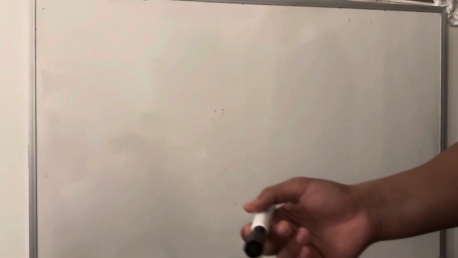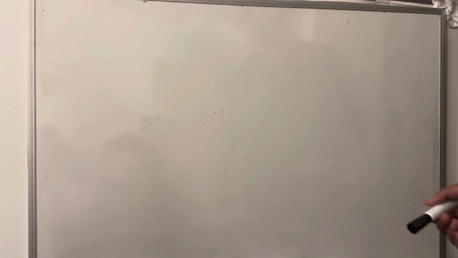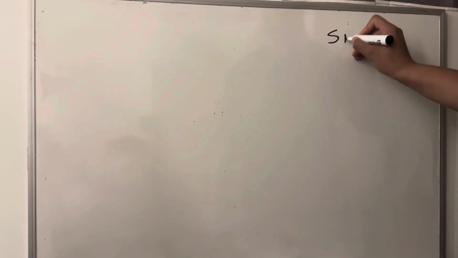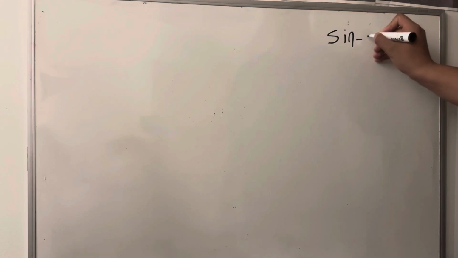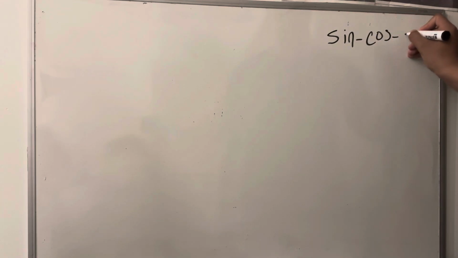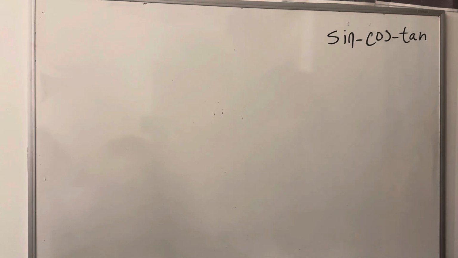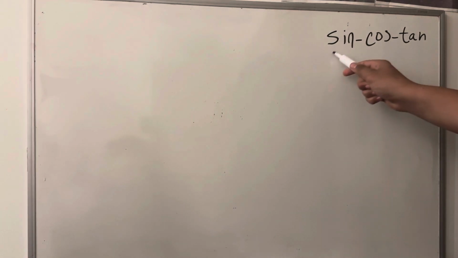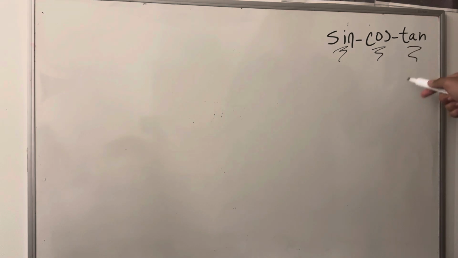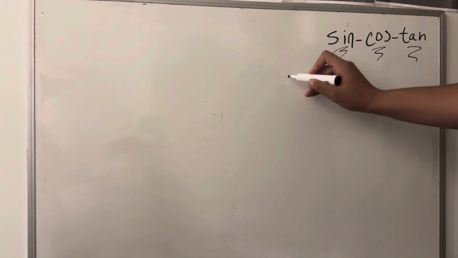I'm going to be doing it on an introduction to trig geometry: sine, cosine, and tangent. So you might be asking yourself, what do these mean? What are those? So we have a triangle,